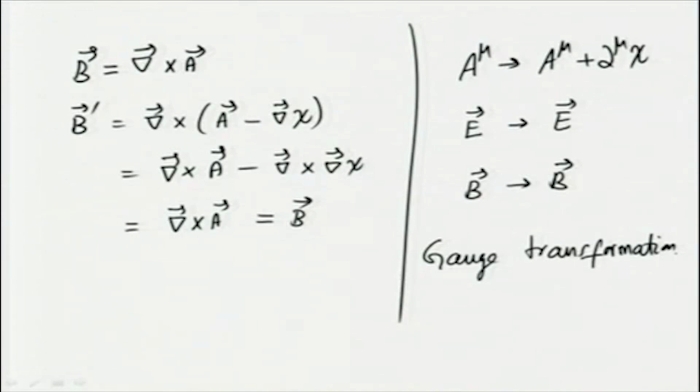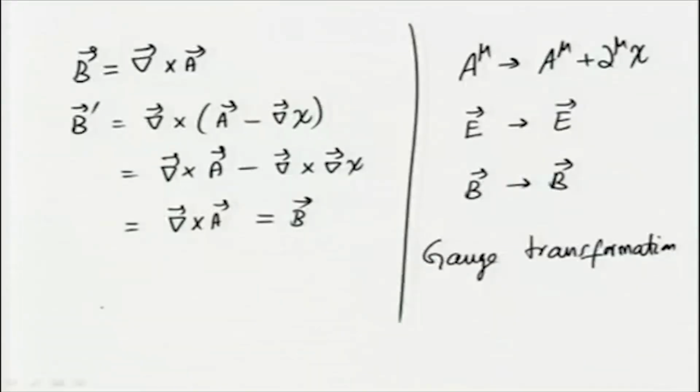And we see that the electric and magnetic fields are invariant under such gauge transformation. So, we can say physics is invariant under such gauge transformation. This is going to be a very important point to note when we come to the dynamics of the particle